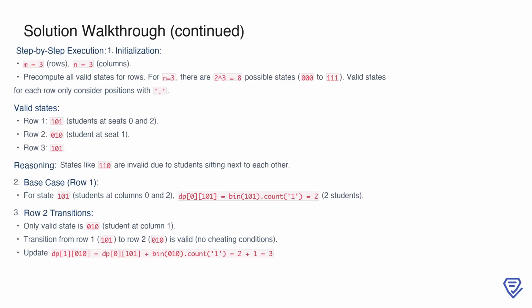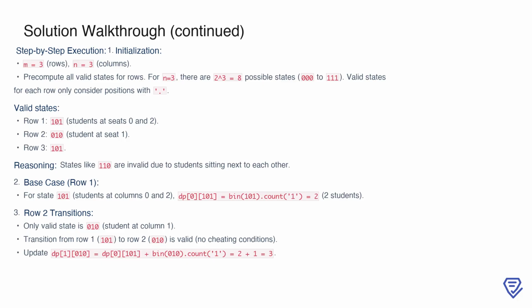However, only some of these states are valid based on the constraints. For example, in the first row, the valid state is 101, where students are seated at columns 0 and 2. States like 110 are invalid because students would be sitting next to each other. After identifying valid states, we handle the base case for the first row. For state 101, which means 2 students are seated, we set DP[0][101] to 2, as there are 2